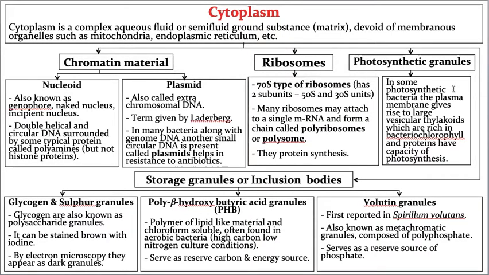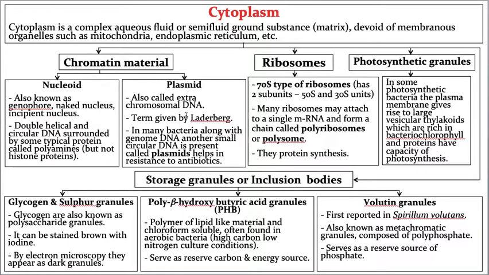For example, if I asked about a parasitic bacteria, to describe its structure, then you should not write this, because photosynthetic granules are present only in photosynthetic bacteria. That means not all bacteria consist of photosynthetic granules. This point you have to remember, otherwise you will get confused and make a mistake. Now, it also consists of certain storage granules, which are also called inclusion bodies, that means accessory particles of the cell.